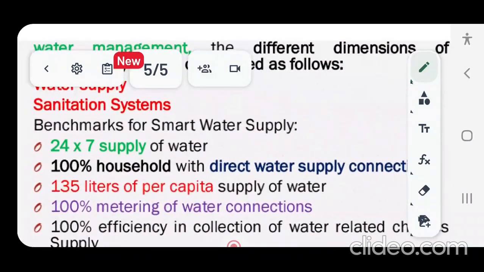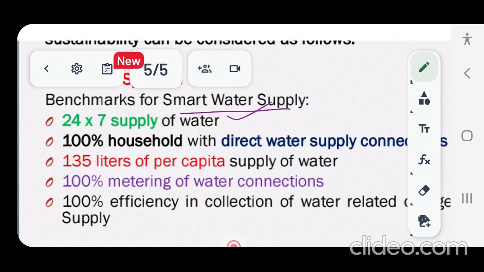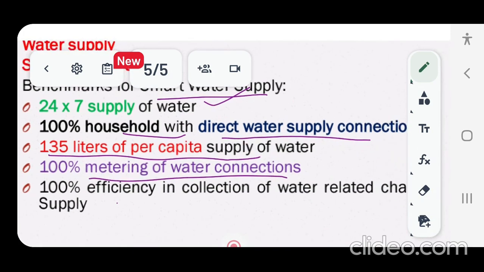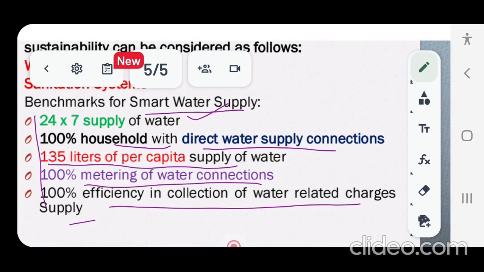The targets or benchmarks for smart water supply are as listed here: 24 hours, 7 days supply of water to all the households. 100% household will be provided with the direct water supply connections. Per head, 135 liters of water supply, and 100% metering of water connection, 100% efficiency in collection of water related charges, and all this is to be achieved as per the targets that are set by Smart Mission